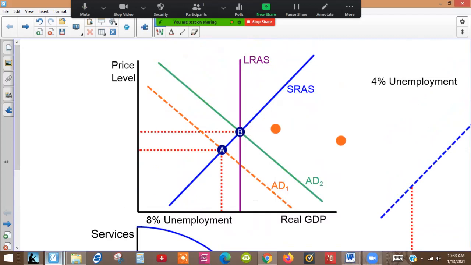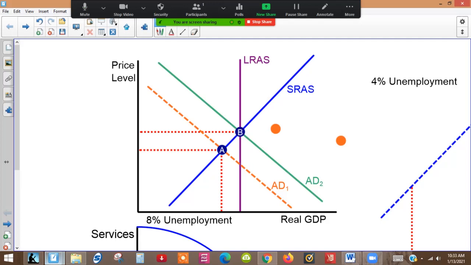Now, the twist here is we're also going to assume that the government is running a budget deficit, which means that if they either cut taxes or increase government spending, the budget deficit is going to increase, which means they're going to have to borrow money